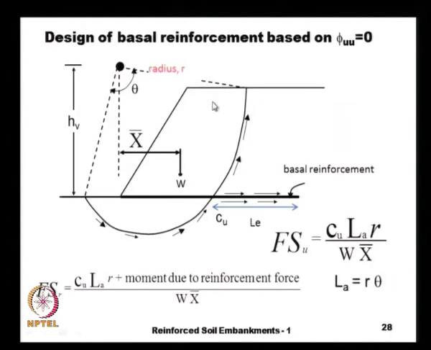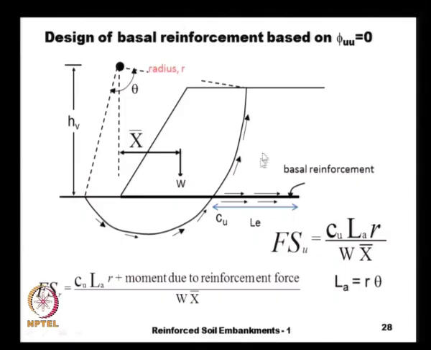And the design methods are very similar to the standard design methods that we normally use in the soil mechanics courses. Let us first look at the basal reinforcement design for phi equal to 0, or the undrained analysis, or the total stress analysis, that we normally study in the soil mechanics courses. Because the soil is purely cohesive, we can assume a circular slip surface like this,